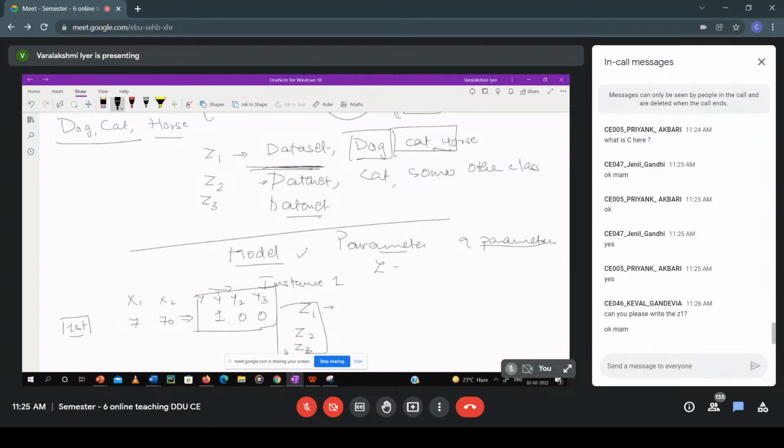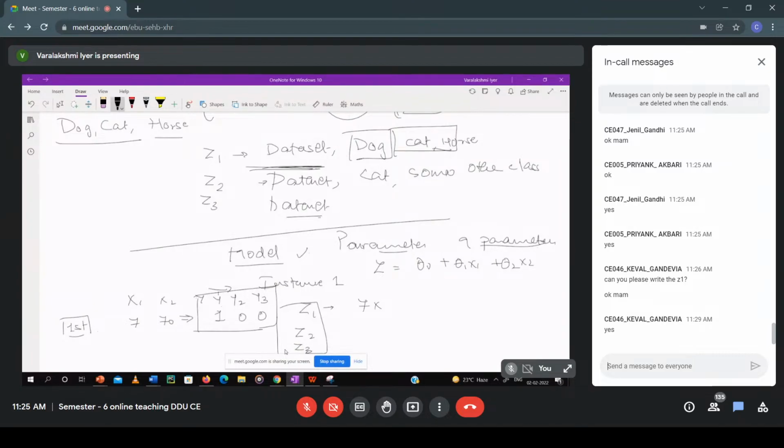So in this place, if you go for a generalized Z equation, it will be something like this: theta 0 plus theta 1 x1 plus theta 2 x2. Okay, yes or no? This is what your output will be. Your parameter will be W1, where W is the weight for class 1. Since we are trying to classify into class 1, we'll be estimating for class 1, plus W0 plus W2 into class